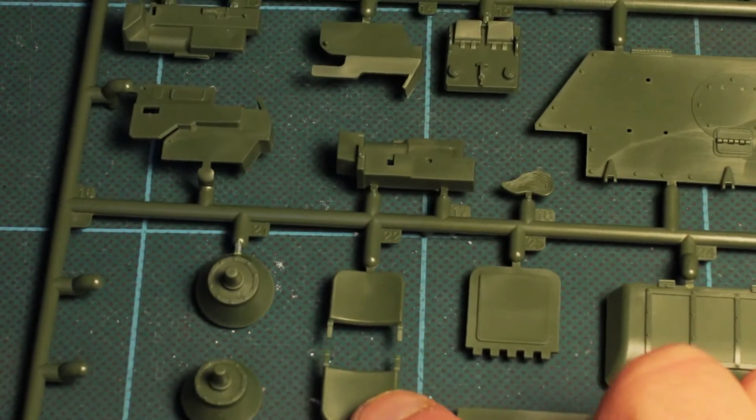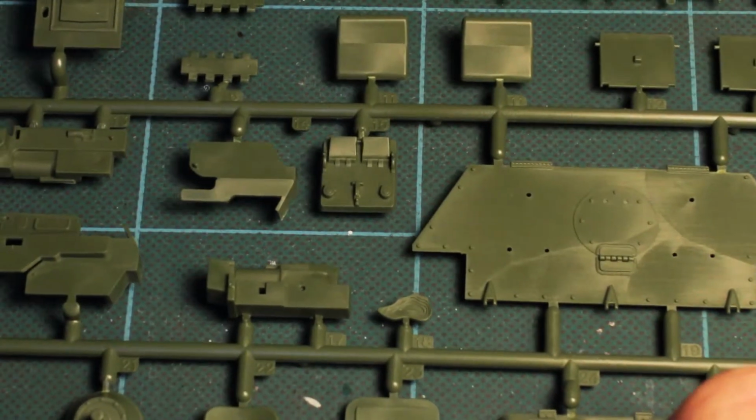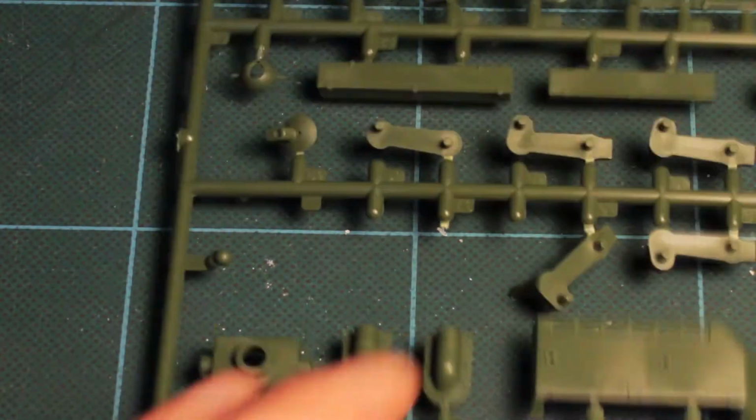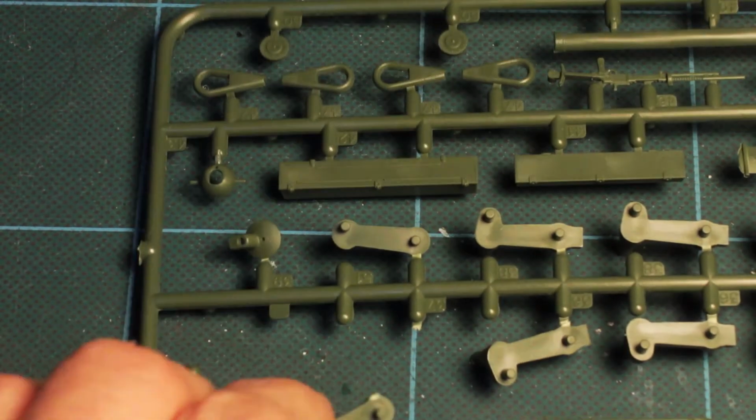And up here you can see parts of the seats, the seat backs and what have you. And then this is the hatch for the driver, and we'll pop that one down there. The next large sprue contains various parts of the suspension, the torsion bar suspension system, with one of the bits that's